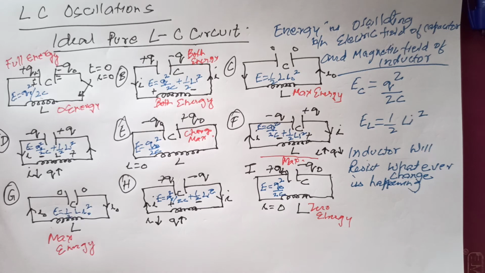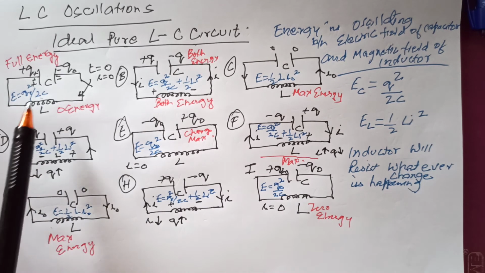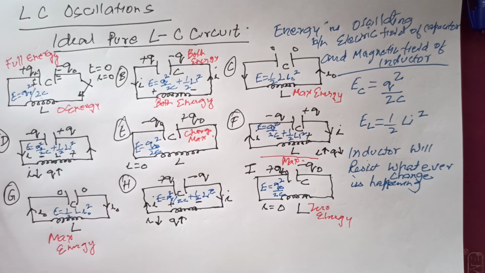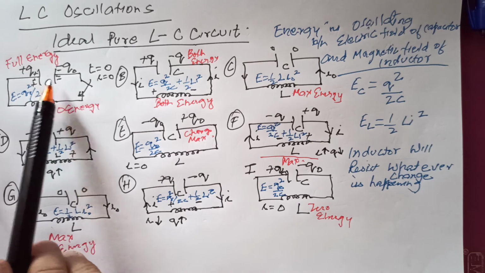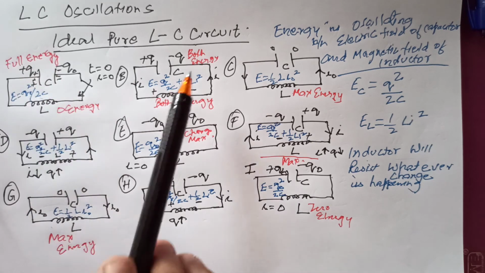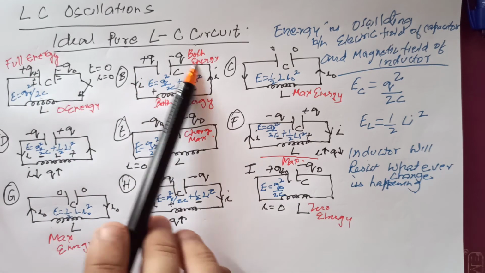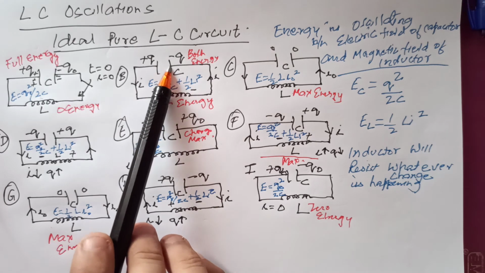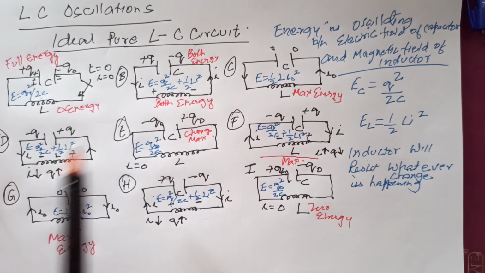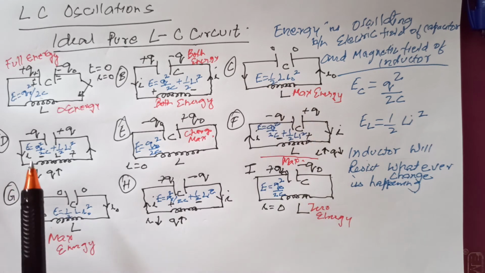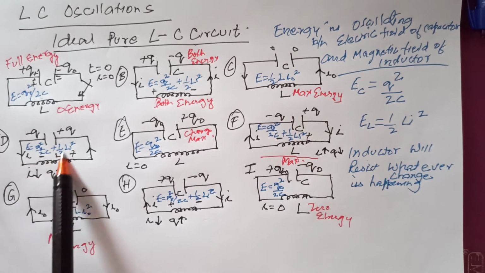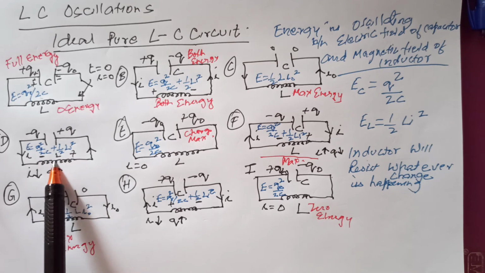Now you have to remember one thing. Basically, what is happening in the system? Energy is conserved. In this case the energy is here. In this case the energy gets distributed here and here because of the current flowing. Now again the total energy moves here. So it is oscillating. And in this case again it is distributed.